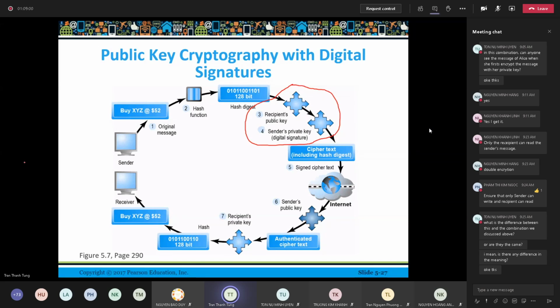Last thing before we have a break is that actually the blockchain technologies, all the key parts will be based on the public key and private key mechanism. Okay, so